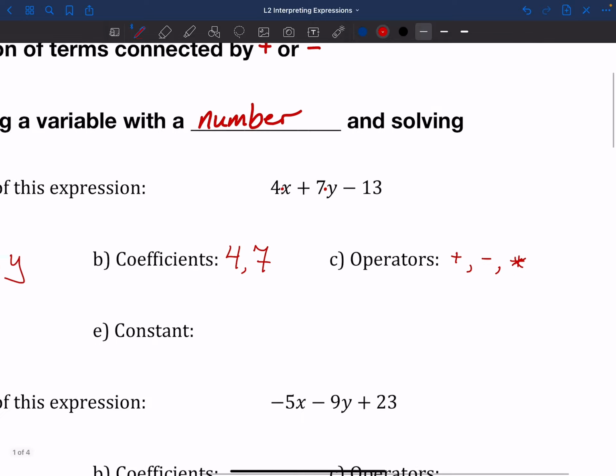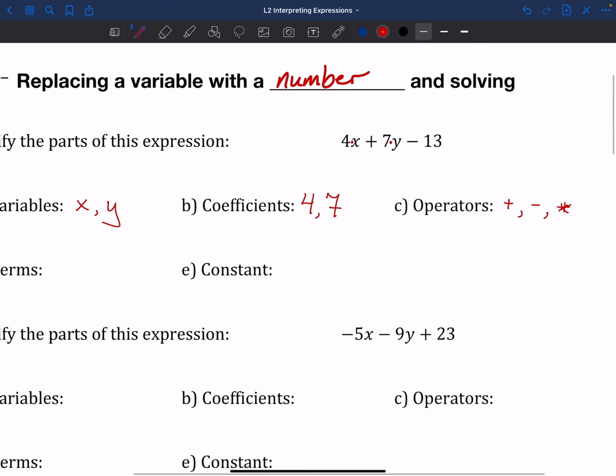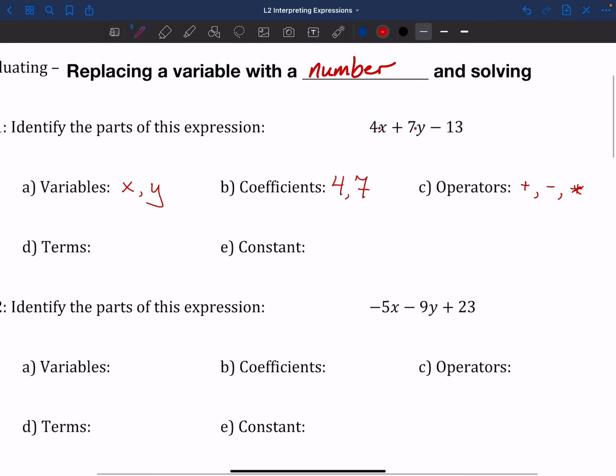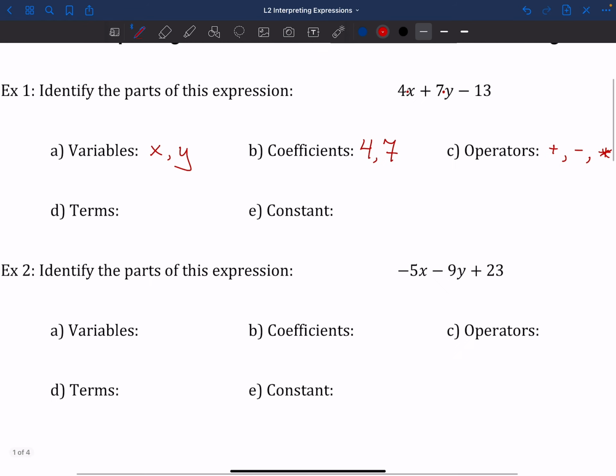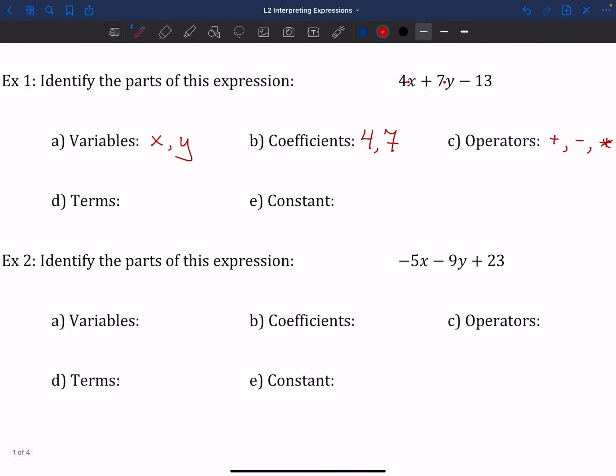I'm going to be honest, if you didn't write down multiplication as one of your operators, I'd still be fine with that, right? It doesn't show it, and sometimes it's a little hard to remember that it is there, but either way is fine. After that, we've got the terms,